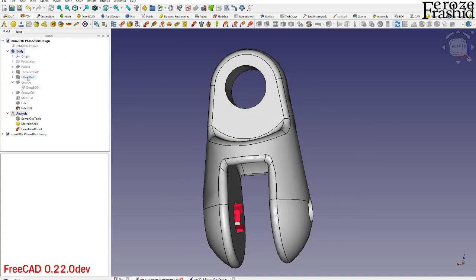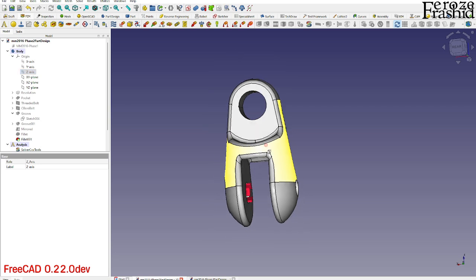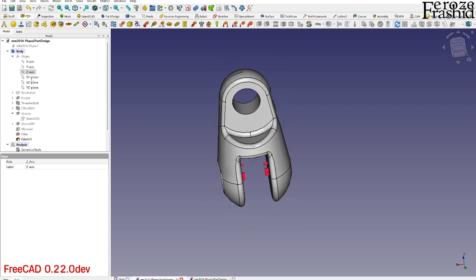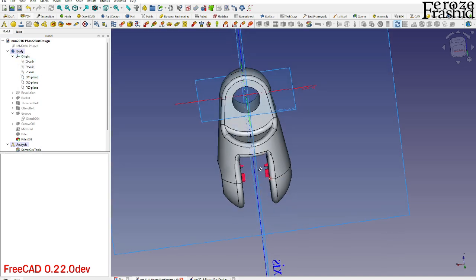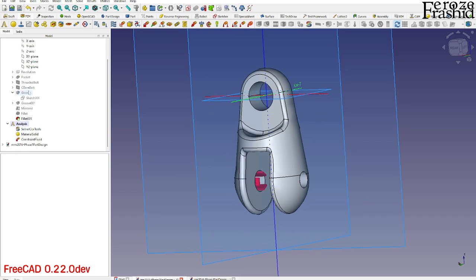Let's go to the origin and make the z-axis. Can we make it visible? It's not. So none of these are visible. Oh, we can make the origin visible. All right, and now